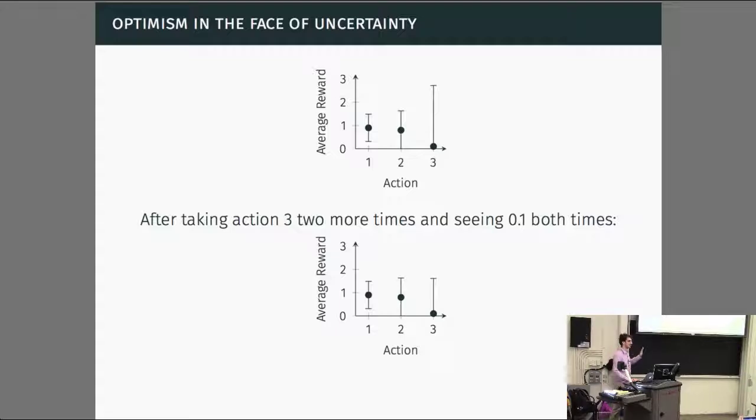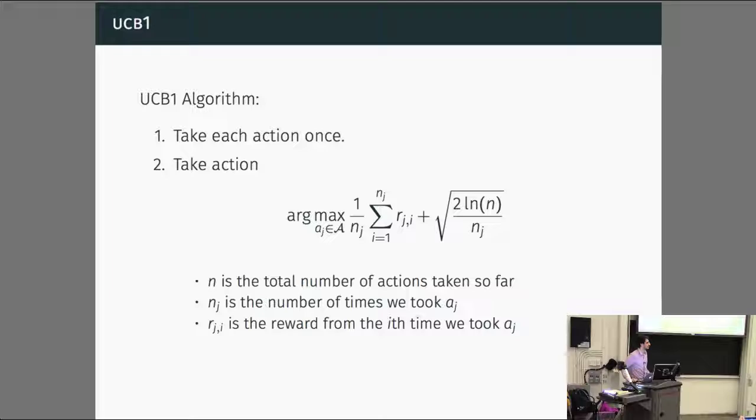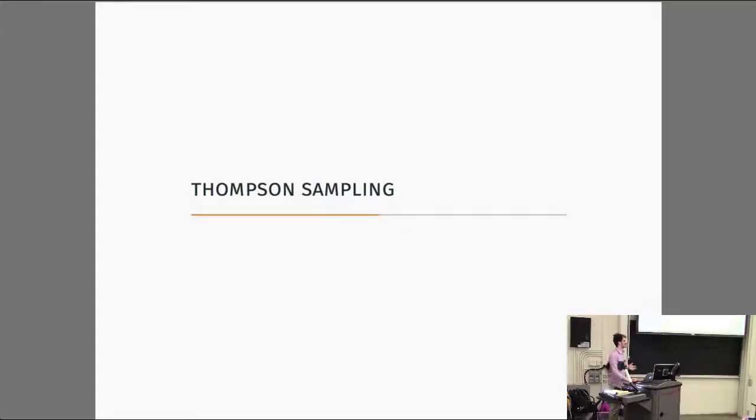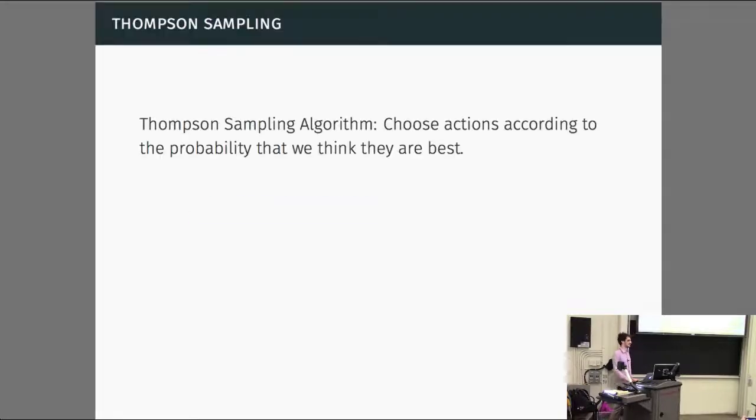Actually, just to go back to the poll, the correct answer, if you're using the UCB algorithm, would have been to take action 3, for those of you who thought that's the case. But there is no real correct answer. Maybe you can find another algorithm that justifies taking action 1 or 2. But in this case, for Thompson sampling, the correct answer is to do a probability distribution. Now the question is, what probability distribution?